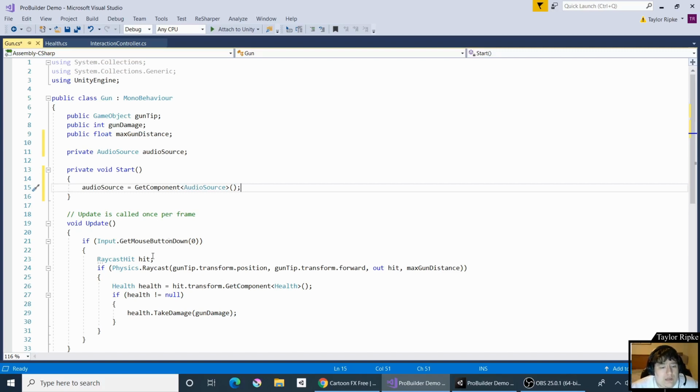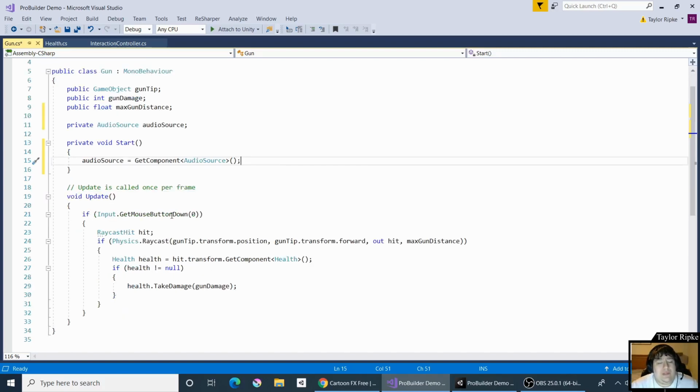Now, when the user clicks down here, let's take a look at this logic just to remember what it is doing. Input.GetMouseButtonDown(0) is going to detect when the mouse button, specifically the left mouse button, has been clicked, it is going to generate a RaycastHit object, which is going to be an object that's going to store the information about the raycast and what it hit. This function here, this if conditional Physics.Raycast, is actually responsible for sending out the raycast from a specified location, and that specified location is the